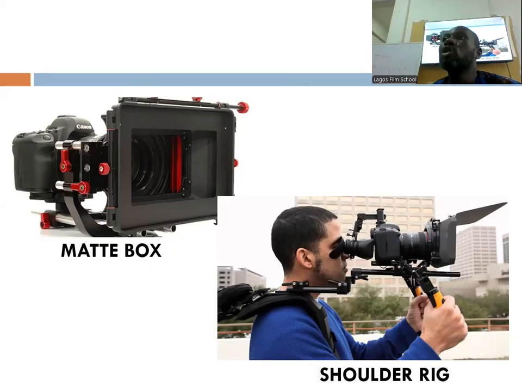The difference is this one just shields the light. It does not reduce the light. An ND filter reduces the amount of light coming into your camera. And that's a little technical. A DOP would understand this, but the major way we adjust, if you want to shoot depth of field, a depth of field shot is one where the background is blurry and your subject is sharp. We do that a lot for dialogue scenes and for other kinds of scenes, but especially for dialogue scenes.